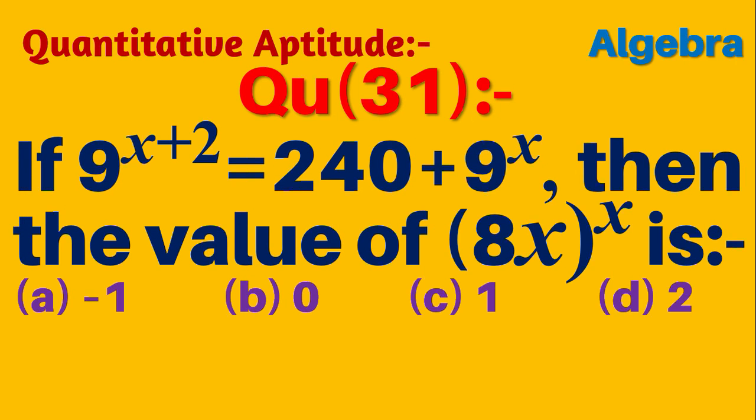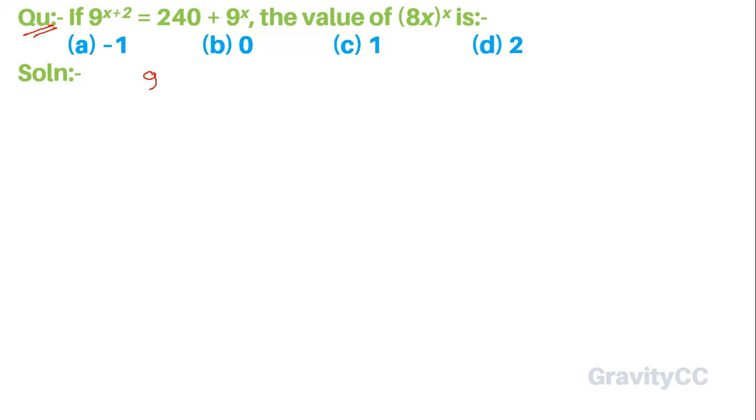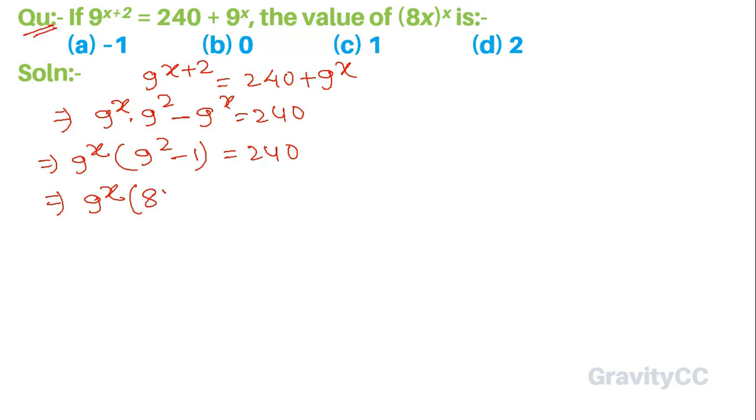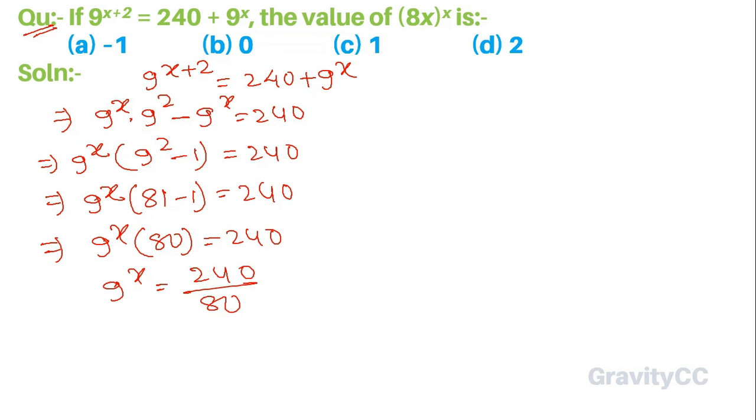If 9 to the power x plus 2 equal to 240 plus 9 to the power x, so the value of 8x to the power x is, so here given that 9 to the power x plus 2 is equal to 240 plus 9 to the power x, implies that 9 to the power x into 9 to the power 2 minus 9 to the power x is equal to 240, and now we take 9 to the power x as common, so 9 square minus 1 is equal to 240, implies that 9 to the power x and 81 minus 1 is equal to 240, so implies that 9 to the power x into 80 is equal to 240, so 9 to the power x is equal to 240 upon 80, 0 0 cancel,